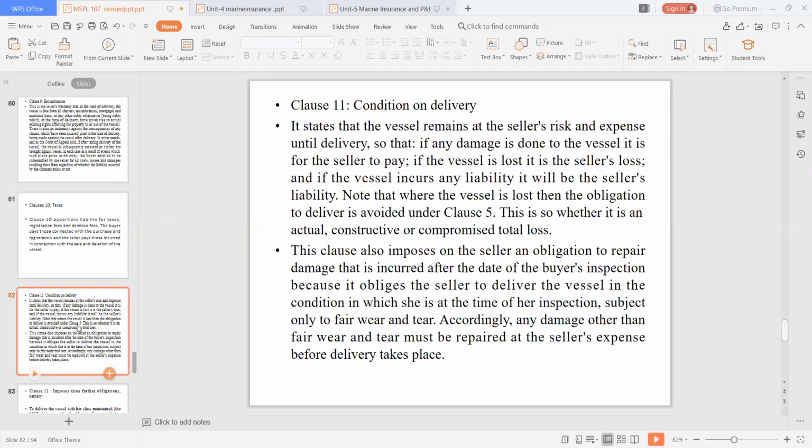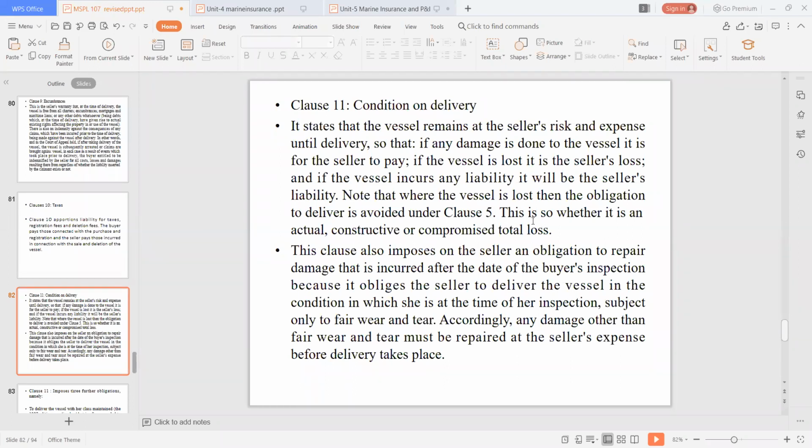Clause 11, condition on delivery. It states that the vessel remains at the seller's risk and expense until delivery, so that if any damage happens to the vessel, the seller has to pay. If the vessel is lost, it is the seller's loss, and if the vessel incurs any liability, it will be the seller's liability. Note that where the vessel is lost, then the obligation to deliver is avoided under clause 5,